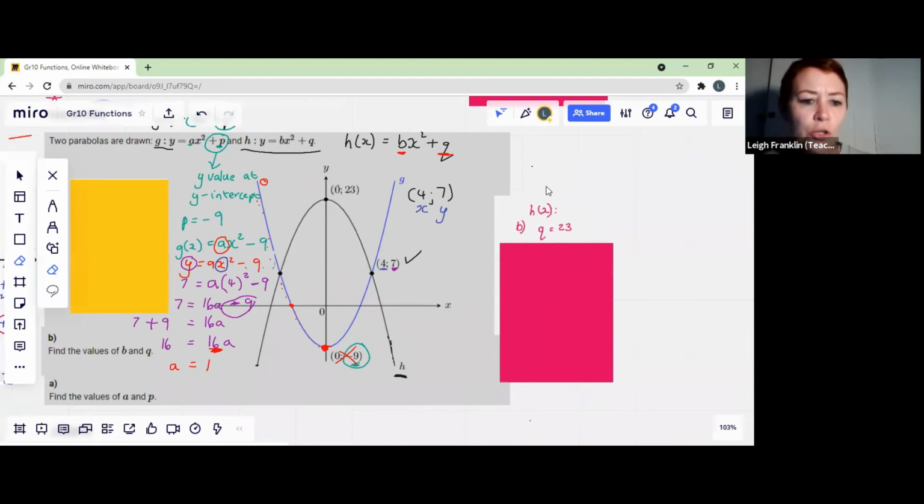Okay, so everybody had Q equals 23. Lovely. Now, Zanele, can you tell me what you did with that 23? Where did you put it? What did you write next? Even if you don't know, Zanele, you can tell me you don't know. What did you do with your 23? Where did it go?